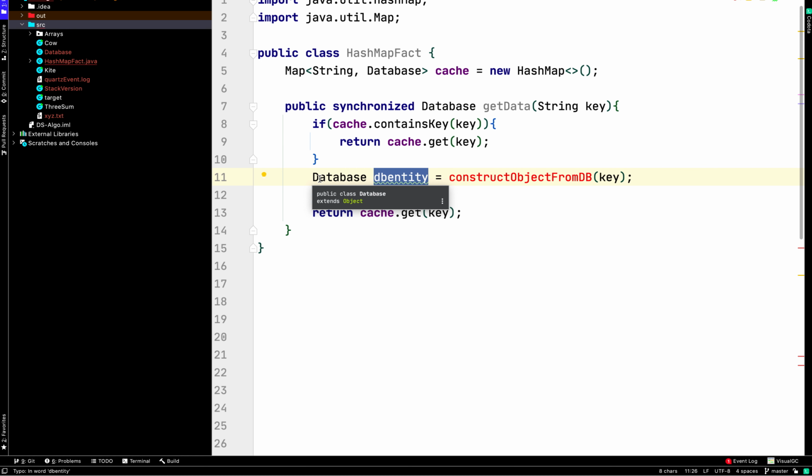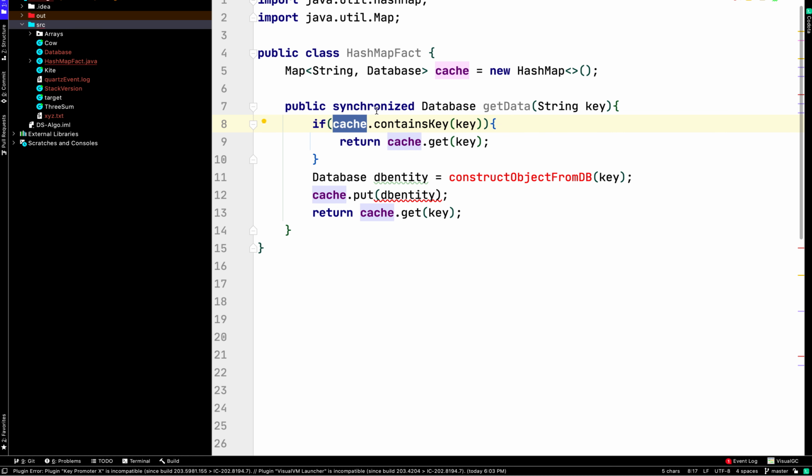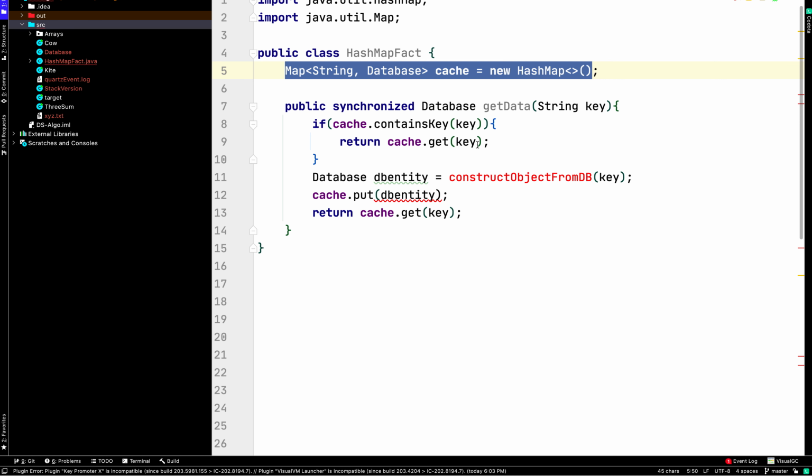One more thing that we can optimize here is that you are doing cache.contains(key), which means you are just checking whether that key is present or not. If that key is present, you are just returning the value of that key from that cache. Since this cache is a map, you are getting the value of that key.